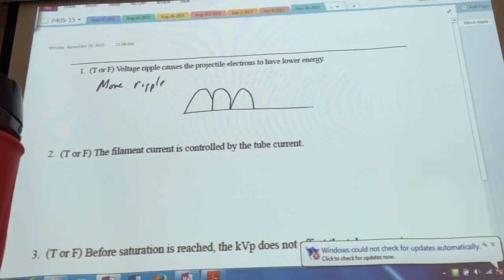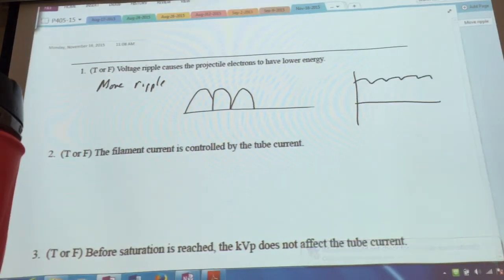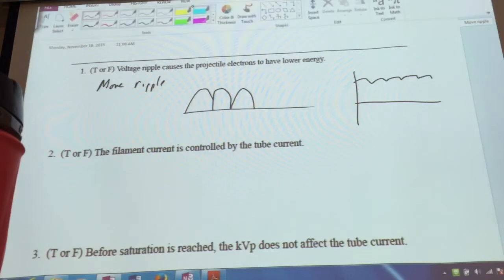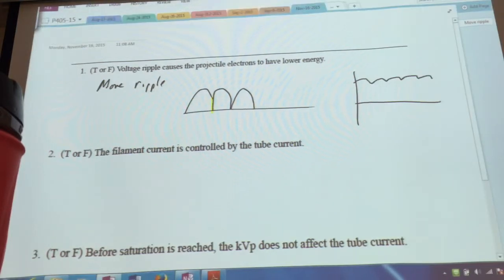Now you're thinking of that. This is something like that. And this is why more ripple produces